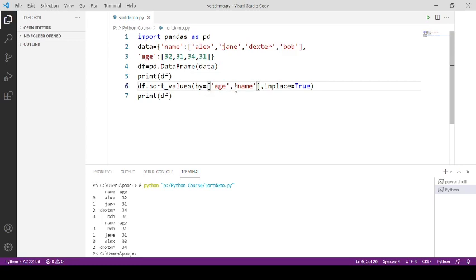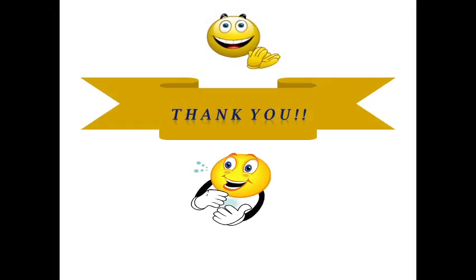So that's why we use multiple columns to sort data, right? Now you have learned how to sort data in ascending order, descending order, and how to use multiple columns, and the purpose of using multiple columns to sort a data frame. Now we will meet in the next lecture. Thank you.